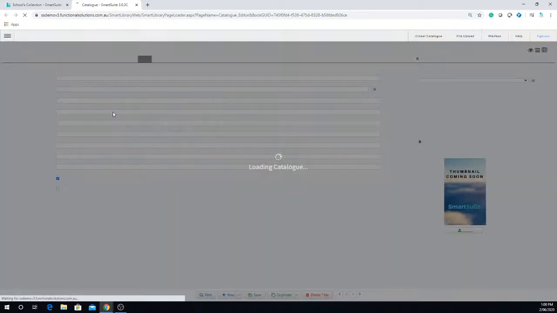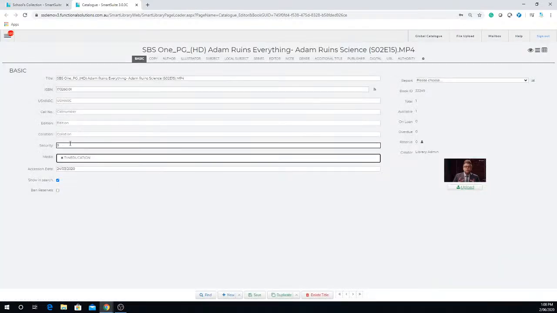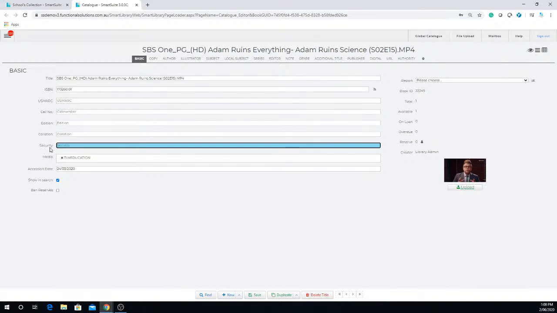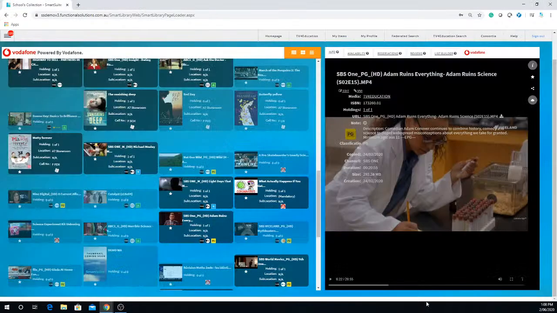happen? It will tell you that by default, this is available for year 9s and above. Or you can say, no, it's only for my year 12s. Or you can say, no, it's only for teachers because it's inappropriate for students. So you can set the security level of every individual item on your system. Okay, of every video that gets added to the TV4Education, that edit button will allow you to select a security code for that. We also allow you to import videos from TV4Education and import the default security that goes with